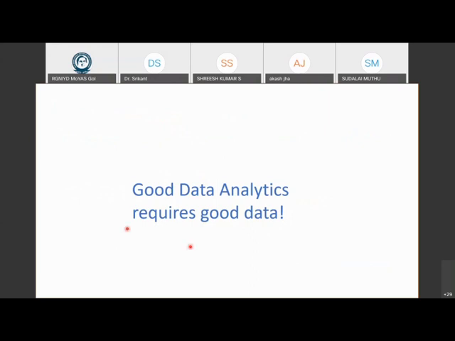So the important thing is good data analytics requires good data. This is a very, very key point. Normally, most data scientists, at least when you're starting to train as a data scientist, think that it's all about the algorithms. But very quickly, you find out that everybody knows algorithms, but very few people have access to data. So a big challenge is how do you get good data, reliable data, that puts you ahead of other data scientists.